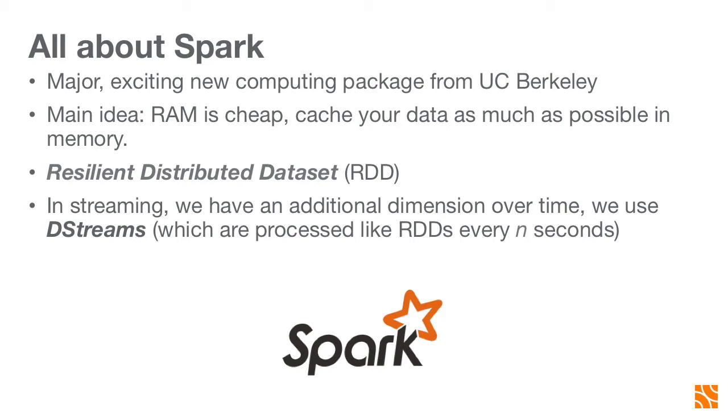And it has this thing called a resilient distributed data set, which is sort of this thing where you can say, I've got a little program here, and it's got all this data, and I can just do things to it with this RDD. And it also has a second layer, which is if you have an RDD that changes every certain period of time, that's called the D stream. So I'll show you some examples of how this works, but we can say every 10 seconds I want a new RDD, or every minute, or every 10 minutes, or 5 minutes, or whatever you want. And I can say I want to count the top items every 10 minutes or something like that. So it's very powerful and very fast.